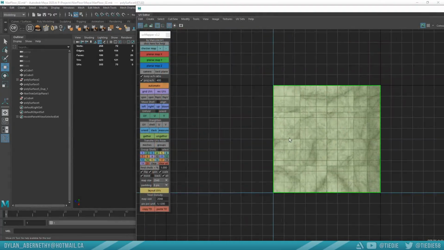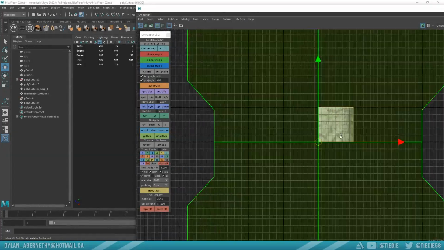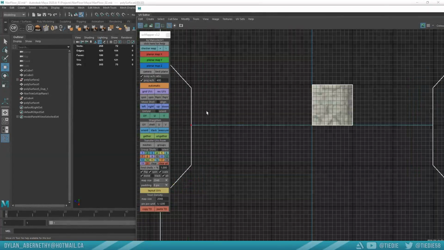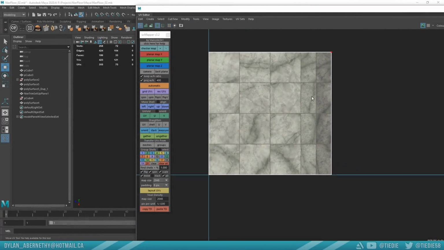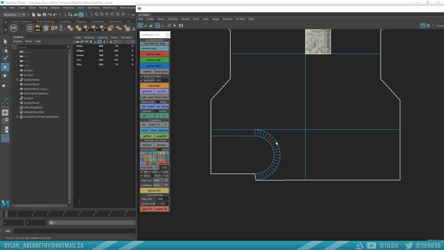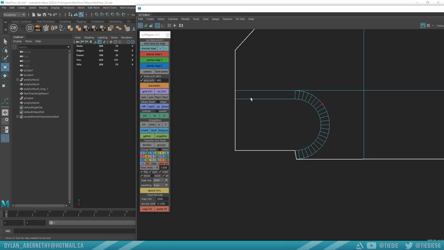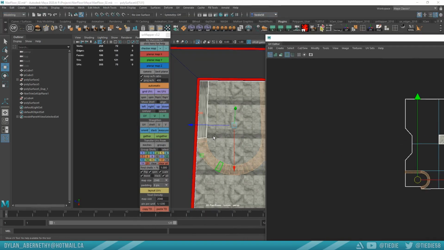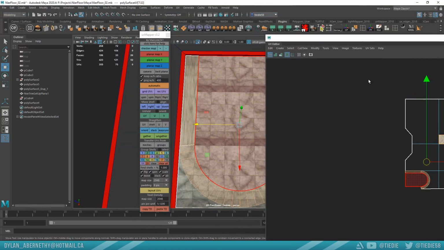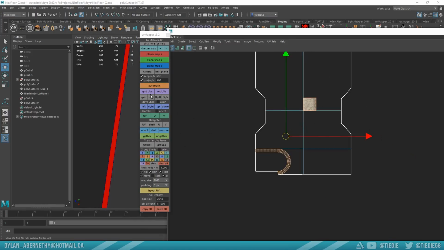So if we turn on our texture, we can take a look at, let's get that out of the way, let's turn off the grid. We can see we have this strip here, and essentially all we're trying to do is grab this and map it to this strip here. And to do that, I'm just going to grab these, and then we also have this guy here, which was extruded, so it's not mapped the same way. And all I'm going to do is hit